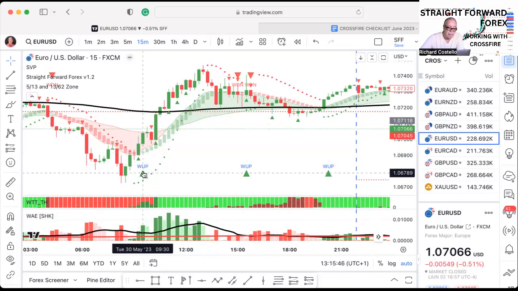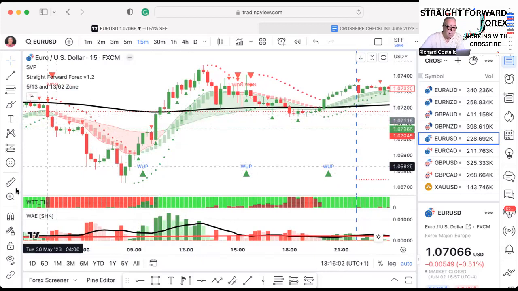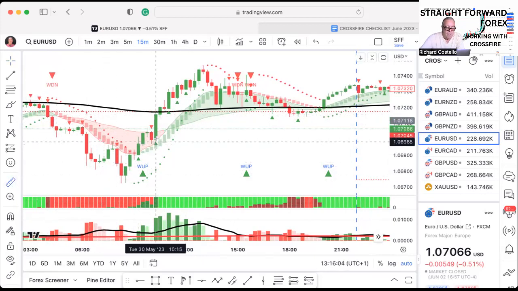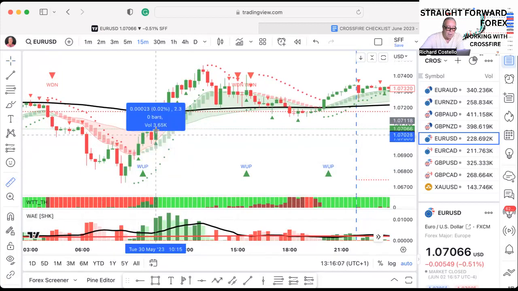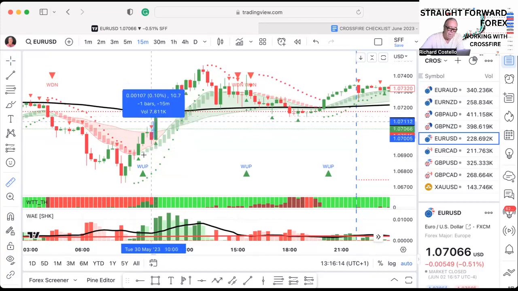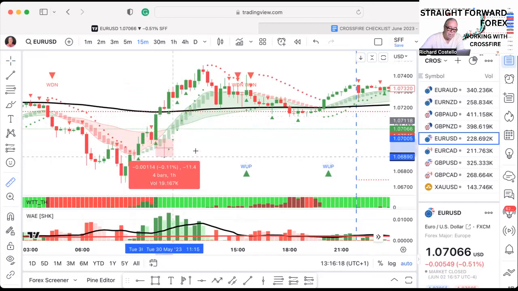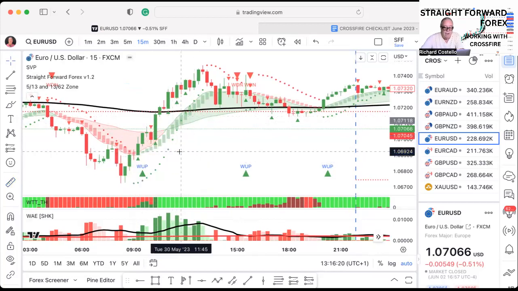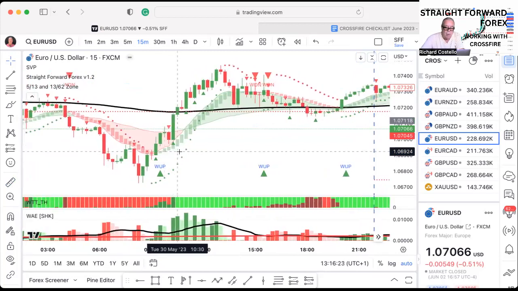For instance, you wouldn't get in until at least that candle, possibly even that candle. You would hesitate then. So you might get in on that candle, but you've only got a few pips before it has the potential to bounce again. So I'm just going to measure that too. I know you probably wouldn't get in on the engulfing candle because it wouldn't be an engulfing candle until it had formed properly. But that's 14 pips. So fair enough, maybe you had a small enough stop loss, you might get in. That wasn't the best example, but it was a good example of